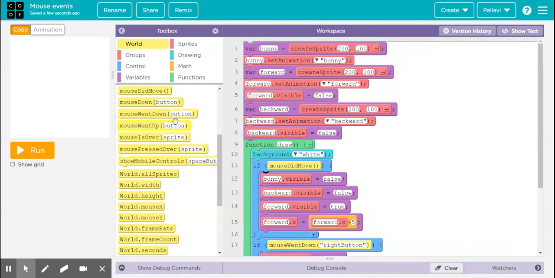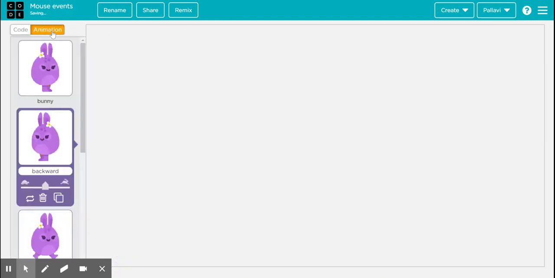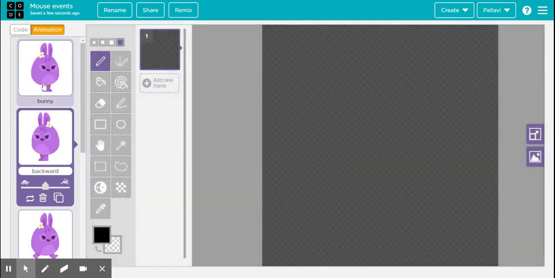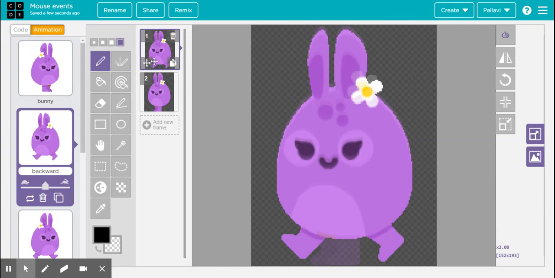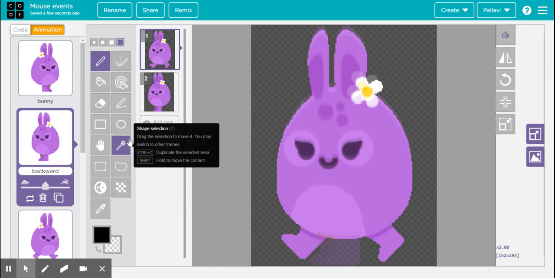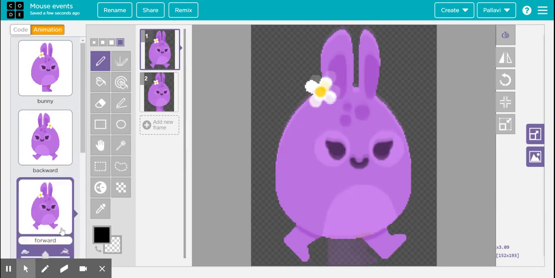So let's try to understand these mouse events and the commands mentioned here one by one. For this, I have created a sample code using these sprites. There is a static bunny sprite and there is a GIF-like bunny sprite which has two frames in it, and appears that makes the bunny appear as if it's moving backwards. And when you flip the same bunny, you get the forward moving bunny image, and vice versa.